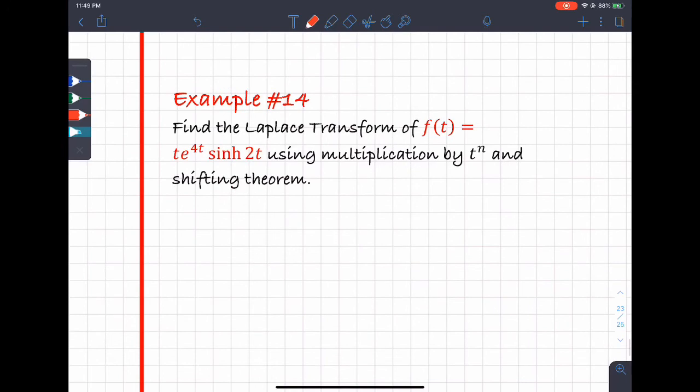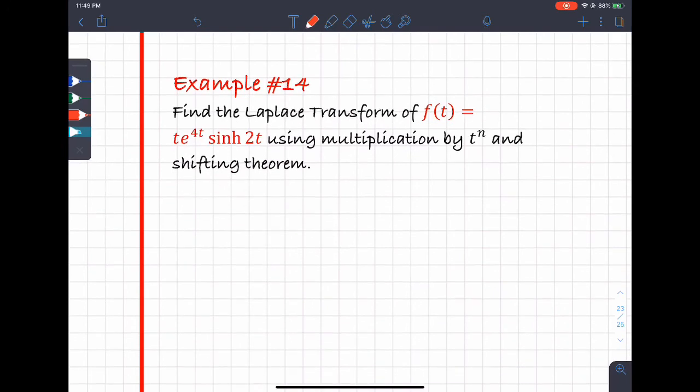And let's have our last example. So this time it's a combination of 3. So we have the Laplace transform of t times e raised to 4t, then hyperbolic sine of 2t. Although there are two ways on how to do this one. So we could either use the shifting theorem first and then afterward differentiate, or we could